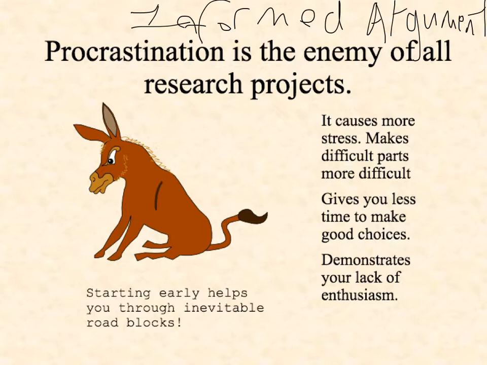If you have this much time to make choices as opposed to this much time, you have time to make mistakes and learn from them. You have this much time, you don't have any time. Okay? Think about it this way. Any project you have has roadblocks. Any essay you write, everything you do has a roadblock, things that will get in the way. Murphy's Law, right? Whatever can go wrong will go wrong.